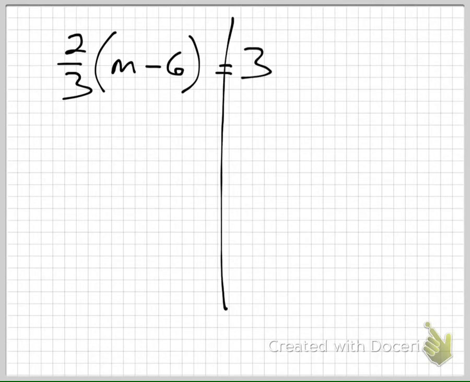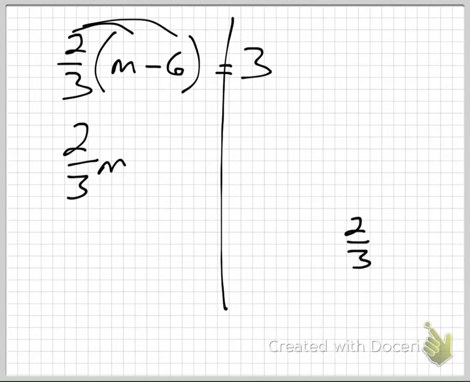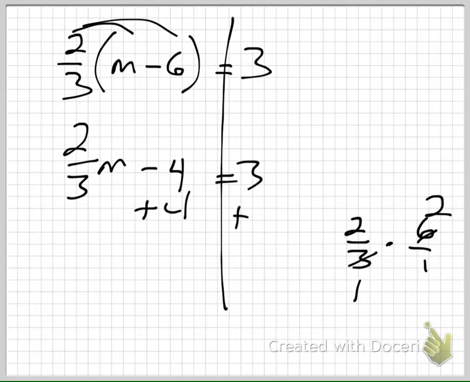Rainbow, rainbow. 2/3 times m is 2/3 m. And then 2/3 times -6. I would come over here and do that. It's going to end up being a negative, so you just put a negative here and then just do it times 6/1. Does that make sense? This becomes a 1, this becomes a 2, so it's -4. Agreed? Okay, equals 3. Plus 4, plus 4,